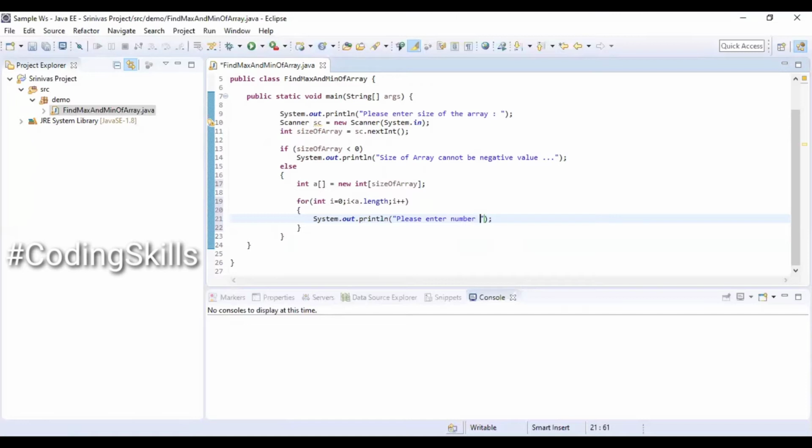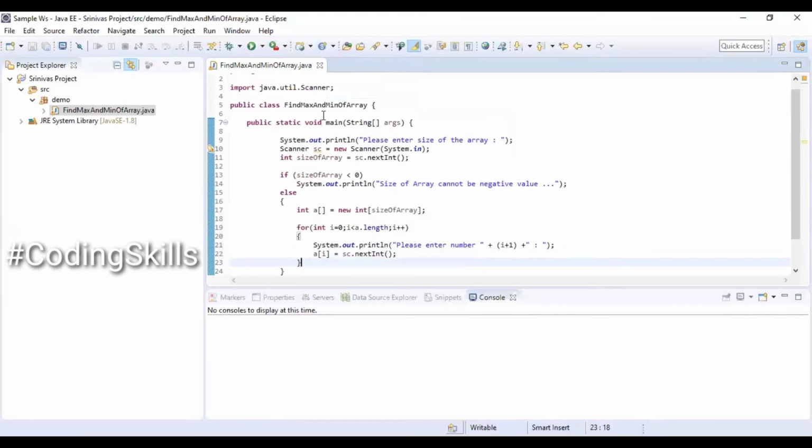Here I am formatting the message so that we can read number 1, number 2 accordingly for better readability. So assigning the input value into the array with the corresponding index: a of i equal to sc dot nextInt. So this for loop is going to help us in reading the values into the array.